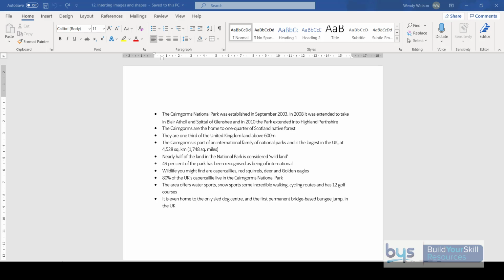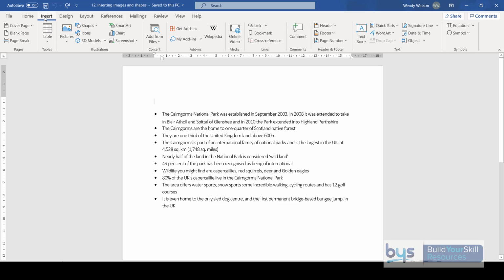In this video, we're going to look at inserting images and shapes into Word. Now, there's absolutely loads you can do here, so I'm just going to show you a couple of examples. So, moving from the Home tab into Insert, I'm going to go into Insert, and you'll see here we've got